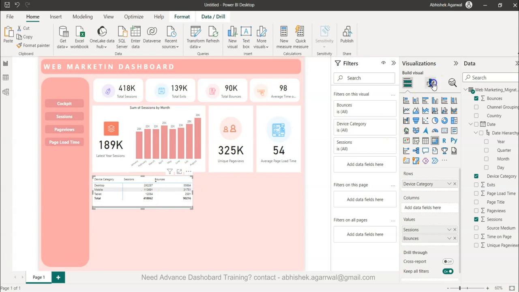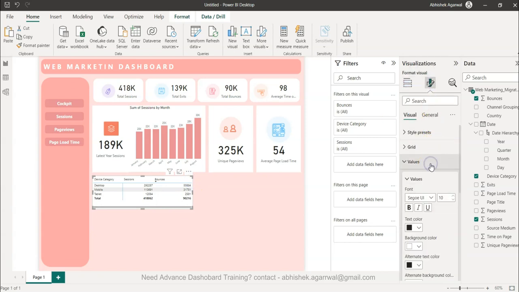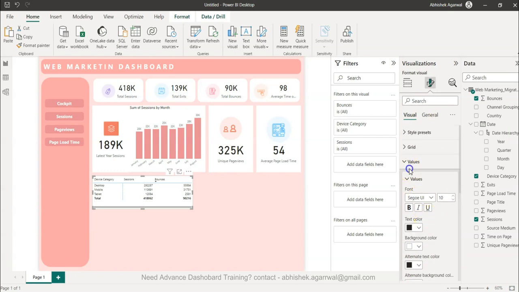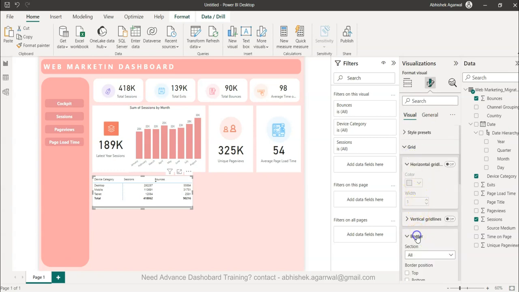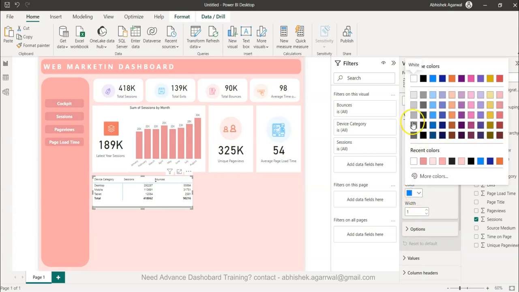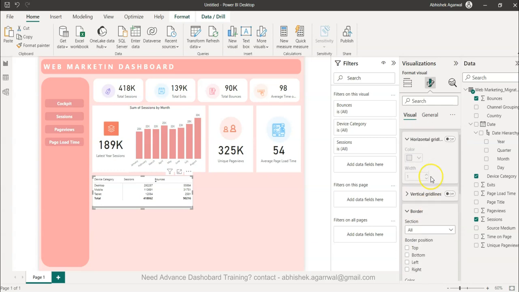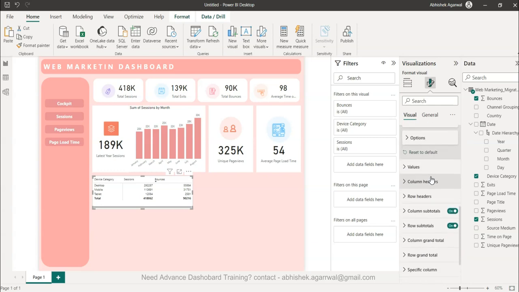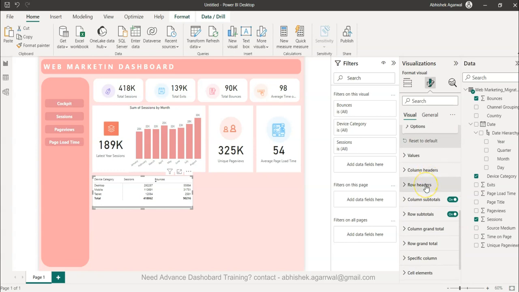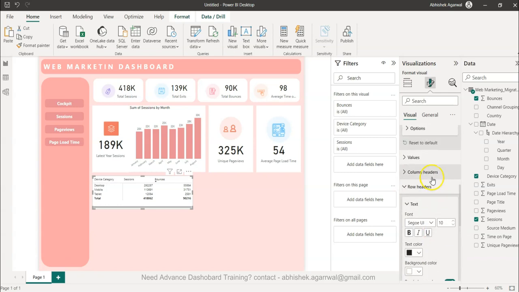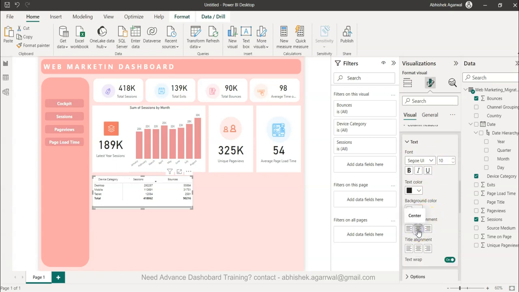Right? The only thing which I will do next is the values are present, right? And we don't want alternate row color. Also, in the grid, we don't need blue line, but I think gray is okay, right? And then once we have all of that, the row headers, I can probably make it central. Okay, left is fine, but I guess column header is what I wanted to choose, so I can make it center,